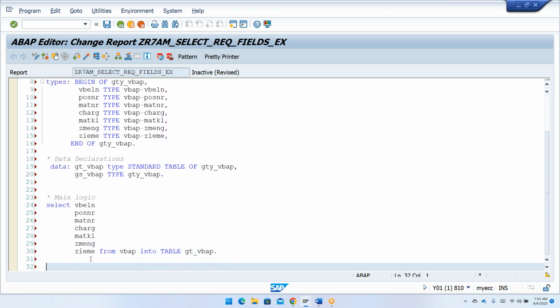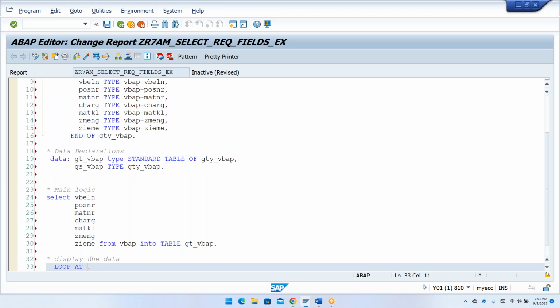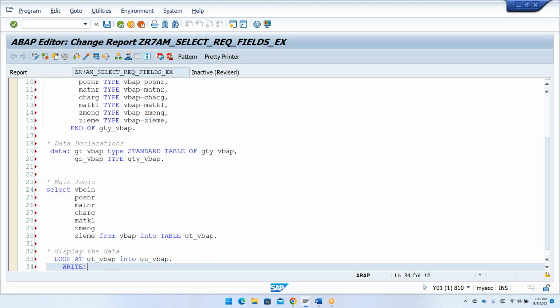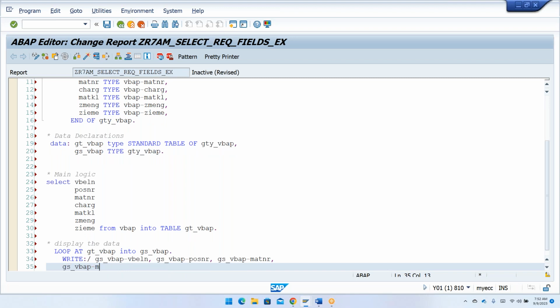That's it. Now I just go ahead and display the data. You will write this as loop at GT_VBAP into GS_VBAP, and then write GS_VBAP-VBELN, comma GS_VBAP-POSNR, comma GS_VBAP-MATNR, comma GS_VBAP-MATKL, comma GS_VBAP-CHARG, comma GS_VBAP-